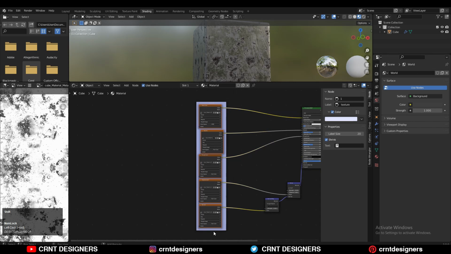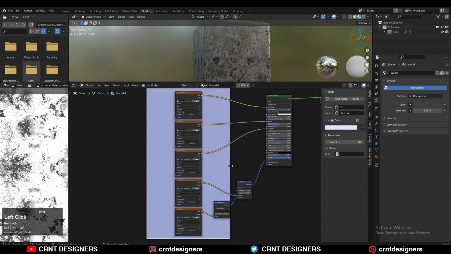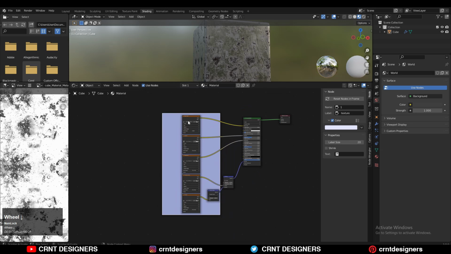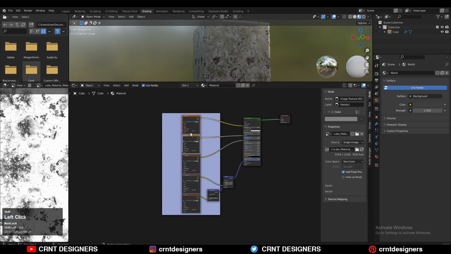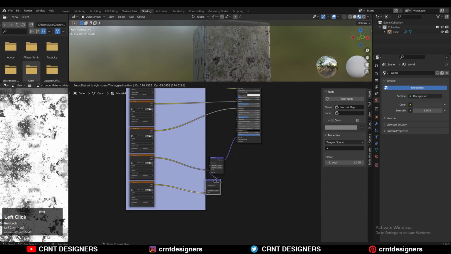So just select these nodes and then press Shift equal to make them align. Let's turn off that shrink option for a while and then select that frame and just scale that frame like this. Then you can select all these nodes and let's take these nodes a little bit here. Okay, now you can see I have these two nodes here.